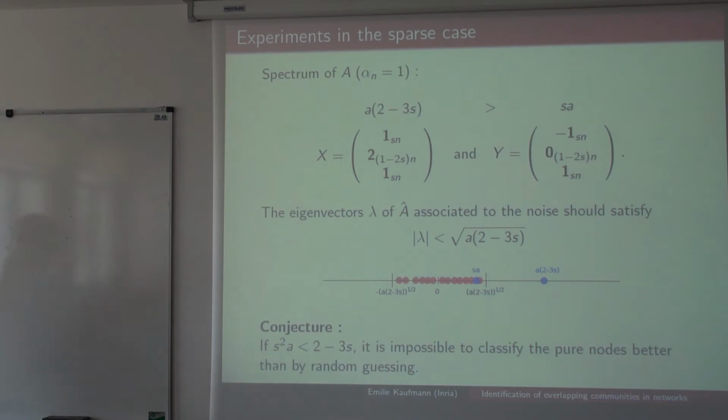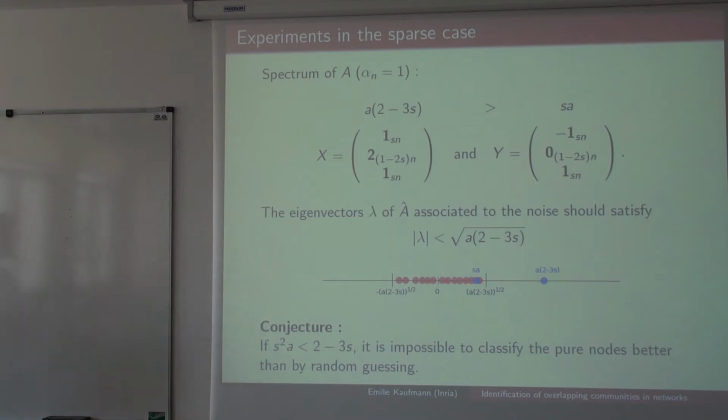So what could happen is that from these two eigenvectors, the first is out of the bulk, so out of the eigenvectors due to noise, whereas the second eigenvector is mistaken with noise. And this happens if S A is smaller than this threshold,